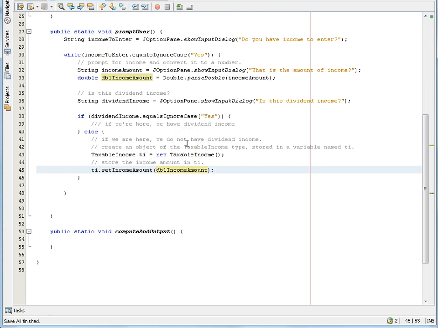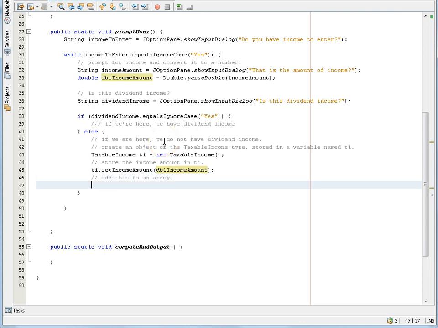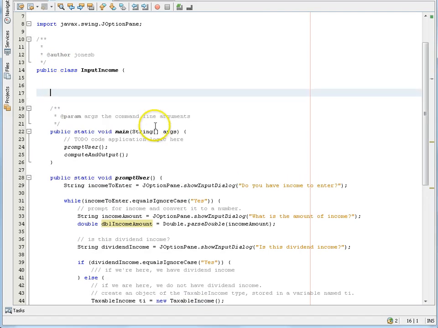Okay. Now, we are going to be able to handle multiple types of income, or multiple pieces of income. So now what we need to do is add this to an array, an array or a collection of different taxable incomes. This is where I can go back to where I was going to cheat before. I need to declare an array that will hold all of my taxable income objects. So I'm going to scroll to the top and we're going to make it an attribute. I'm going to say an array to hold all taxable income